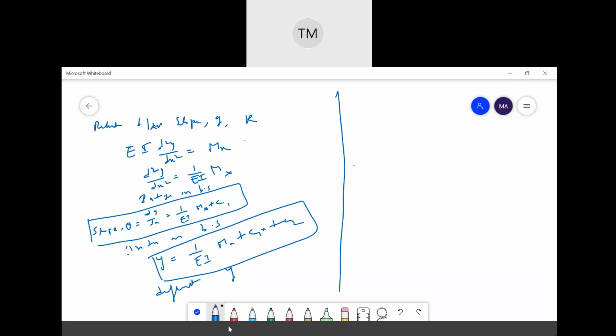This Mx is the bending moment, this one is the slope, this one is the deflection. If you want to calculate the shear force, it will be d cube y by dx cube. Rate of loading will be d to the power of 4 y by dx to the power of 4. It's not required for us in the syllabus. Then you have methods of determining slope and deflection in a loaded beam. Here you have three methods for calculating the deflection, as I already told you.